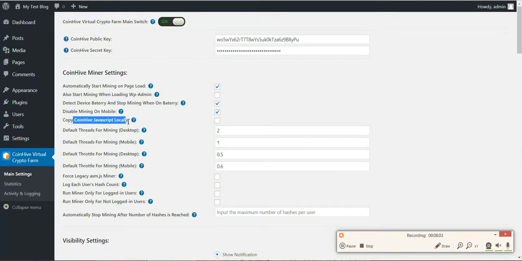Copy CoinHive JavaScript locally. If you check this checkbox, the CoinHive scripts will be copied locally to your domain and used from there. This can be useful to prevent some antivirus software and some firewall software from blocking your mining. So if you check this, you could prevent some false positive antivirus detections, because some antivirus software considers crypto mining to be malware, but this is just because of some users